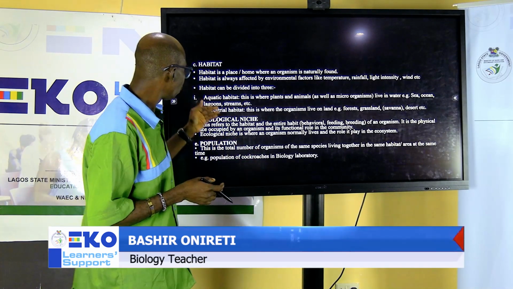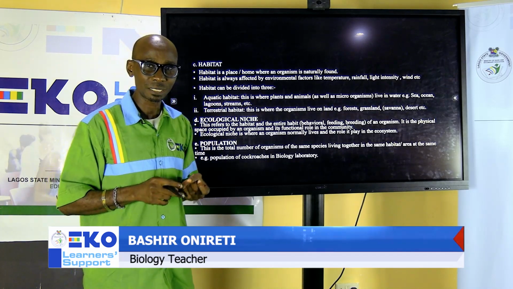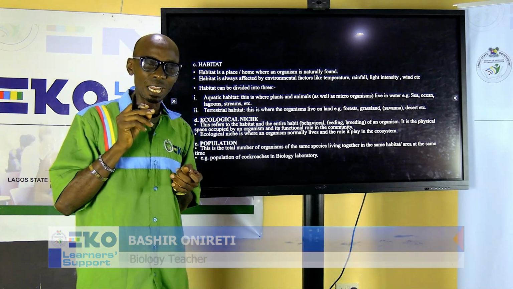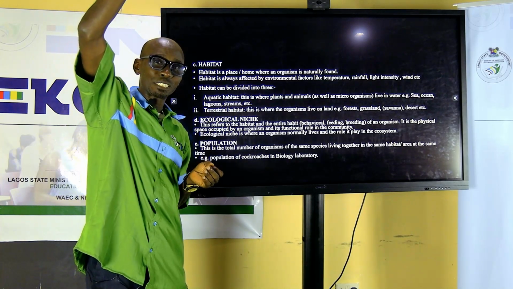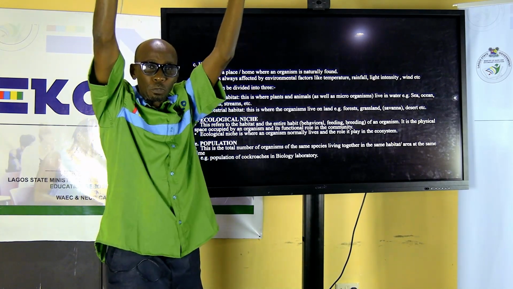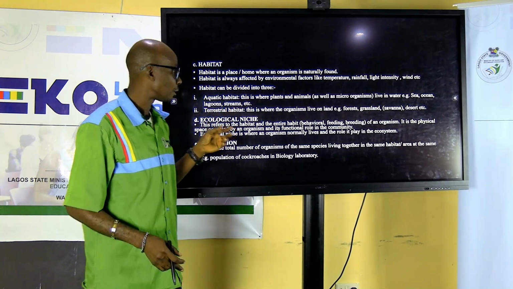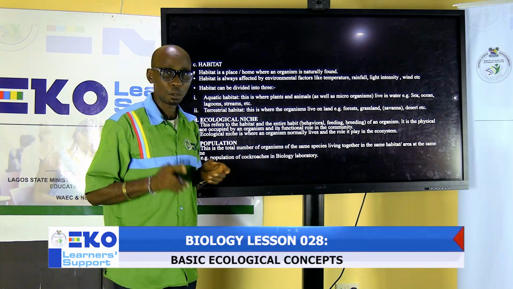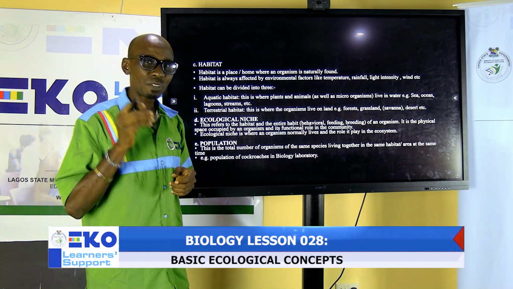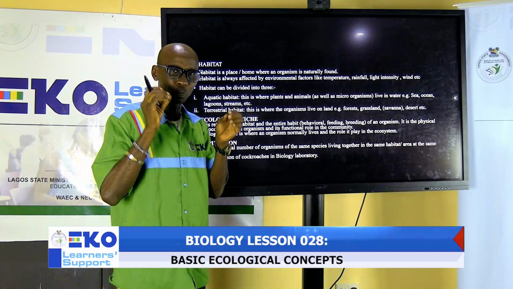In the past, we used to have three divisions of habitat: aquatic habitat, terrestrial habitat, and arboreal. But a lot of people have argued that arboreal is the top of a tree. Because the top of a tree is found on land, it is included under terrestrial. So now we have aquatic and terrestrial. But for exam purposes, if you are asked to list types of habitats, sometimes they want specific